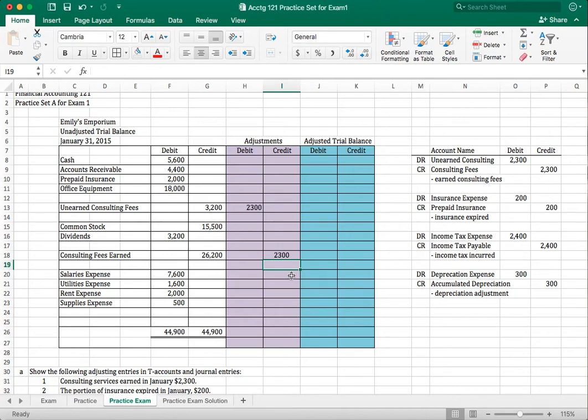The next one is insurance expense. And if I look at my expenses, I don't have an insurance expense account. So I'm going to write that in, insurance expense. And you'll notice I'm going to put the debit in the two adjusting columns, the purple columns. I don't go back and put it in the white colored. So there's my $200. Just going to move up here. Prepaid insurance is a credit,